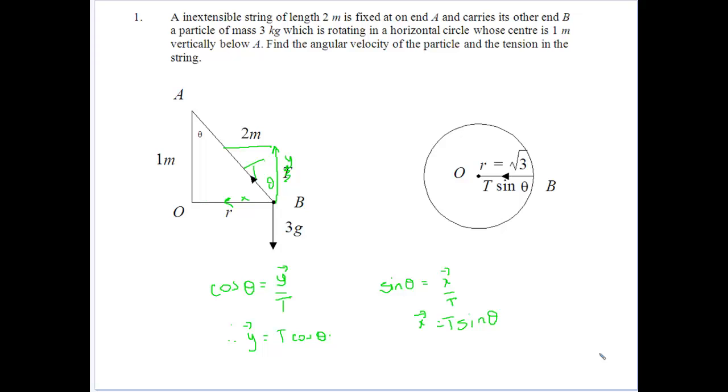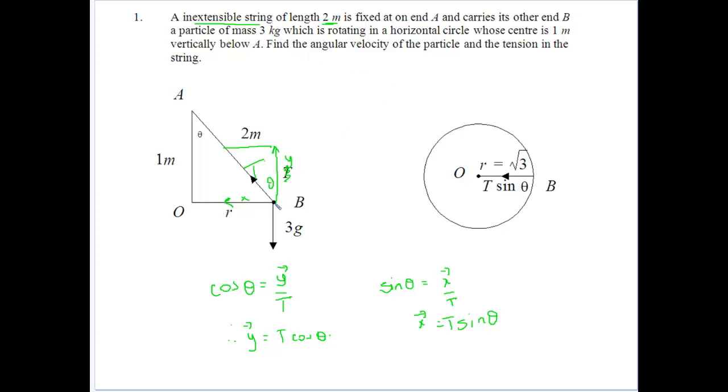Now, looking at some problems on the conical pendulum, we've got the first one here, which is an inextensible string, which means that it won't extend. So that's got nothing to do, it's going to be a fixed length. So it's 2 meters. So the string goes from A to B here at 2 meters, and has a particle